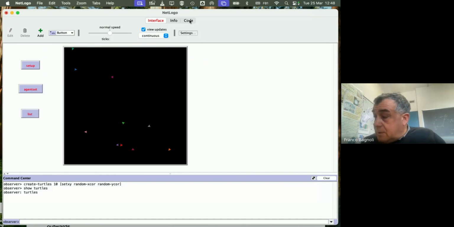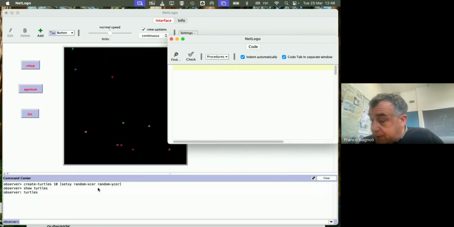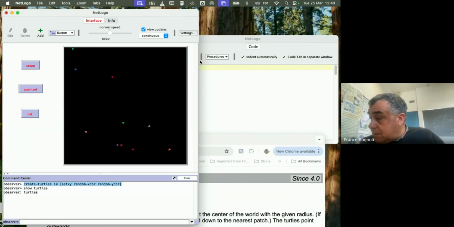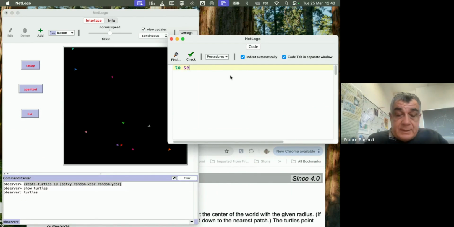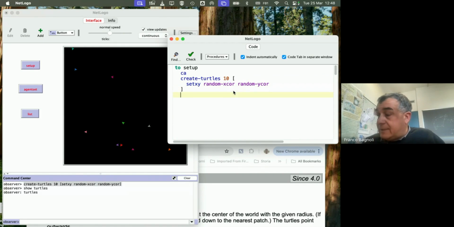Okay, so let me use the code here. To set up, I can do these things. So I can copy here. Where is it? Okay. To set up: clear all, and then create 10 scattered turtles, and to agent set,